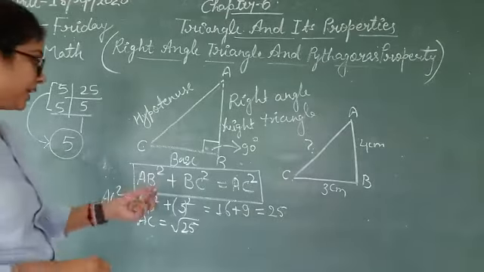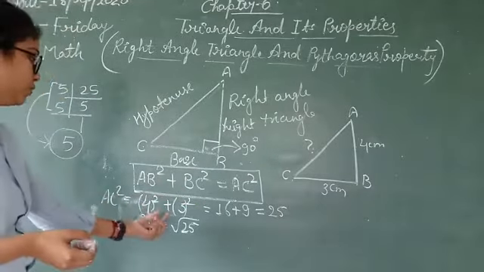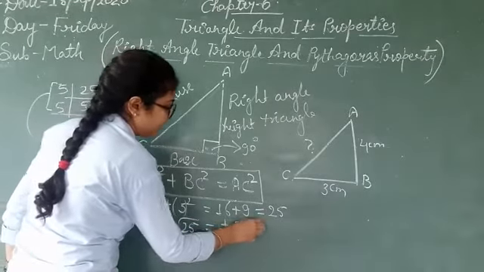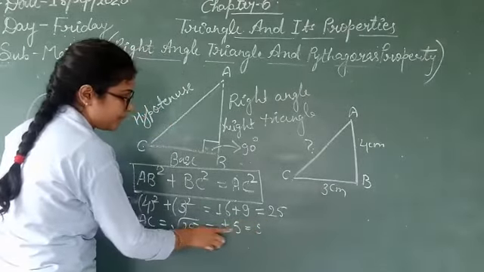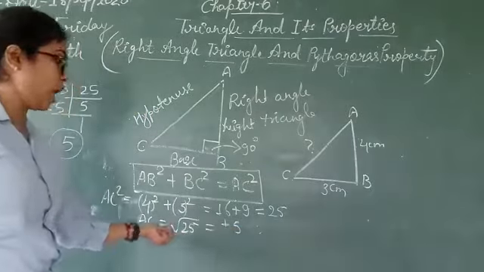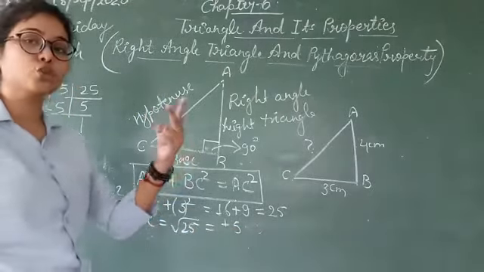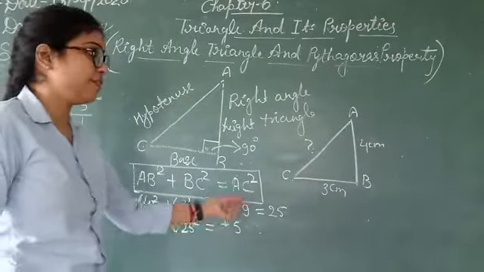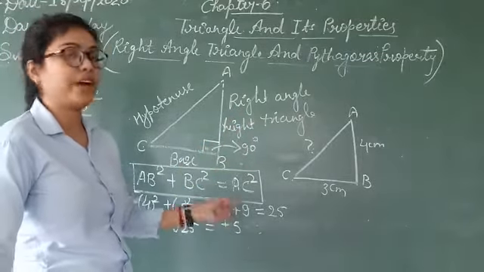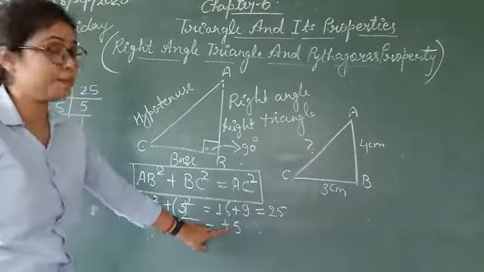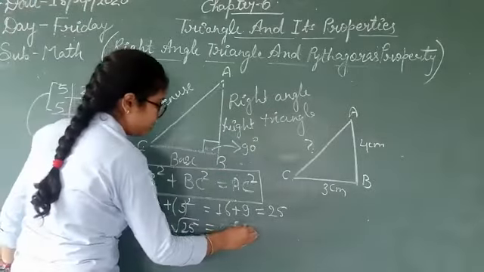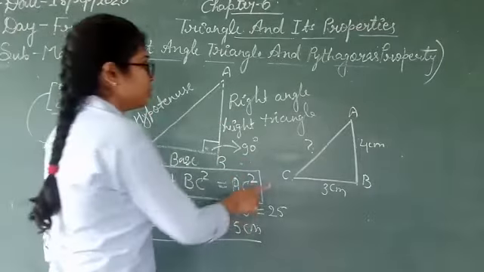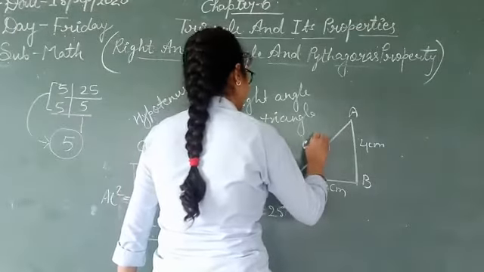Or you can write it as 5 into 5, and the square root of this number will be plus minus 5, but we always take plus 5. When any number comes out of a square root, it comes with two signs, plus and minus both. That means the value of under root 25 is plus 5 and minus 5 both. But for this question we have to take only the positive value. So I am taking plus 5. So what is the value of AC? AC is equal to 5 centimeter. So this is 5 centimeter.